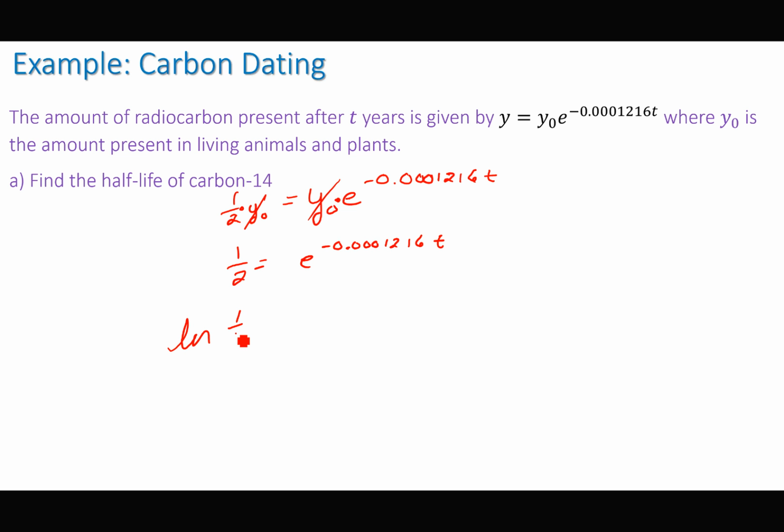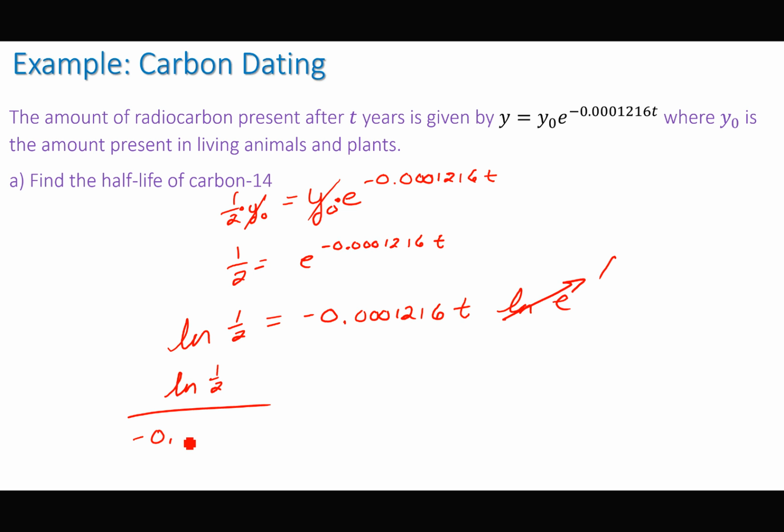So we're going to take the natural log of both sides. Divide that constant away from t. And we work this out, and it becomes